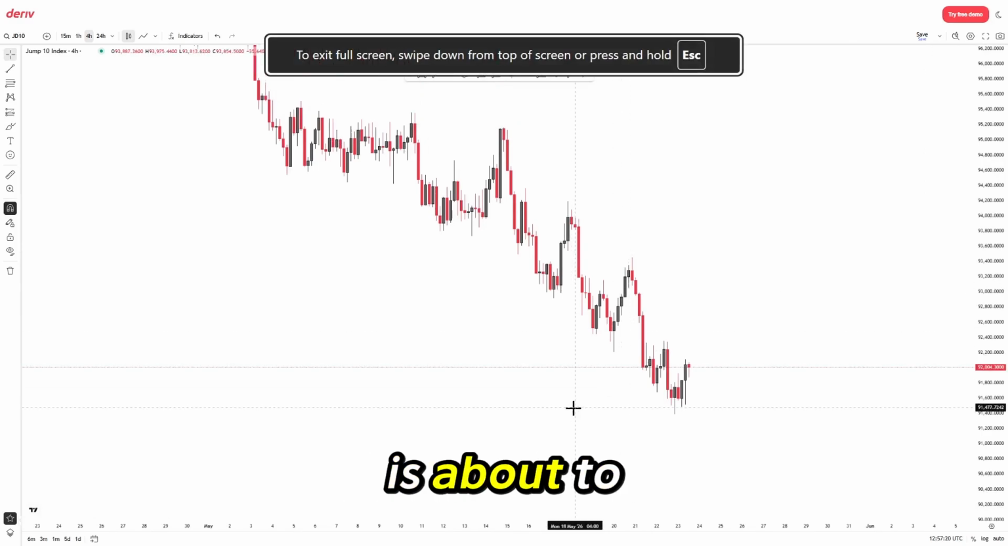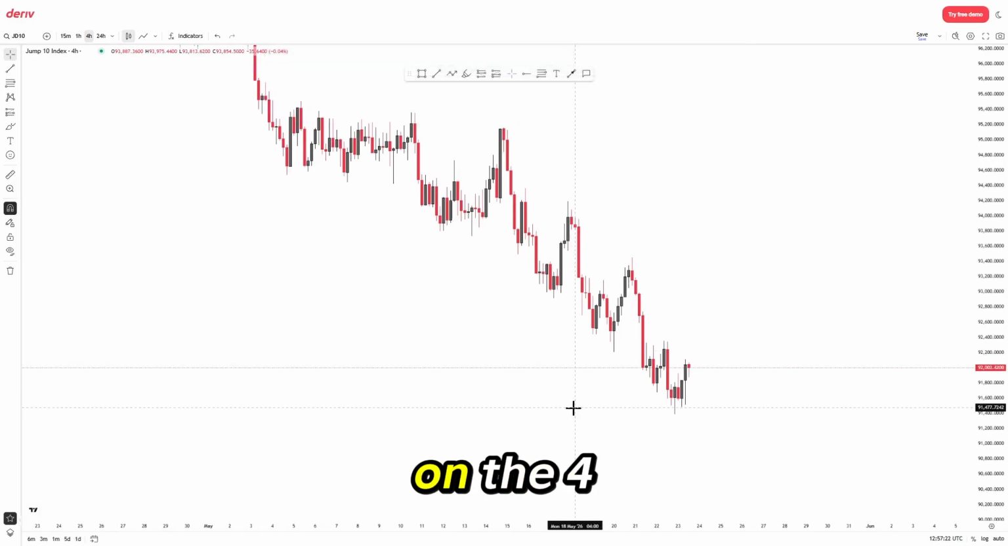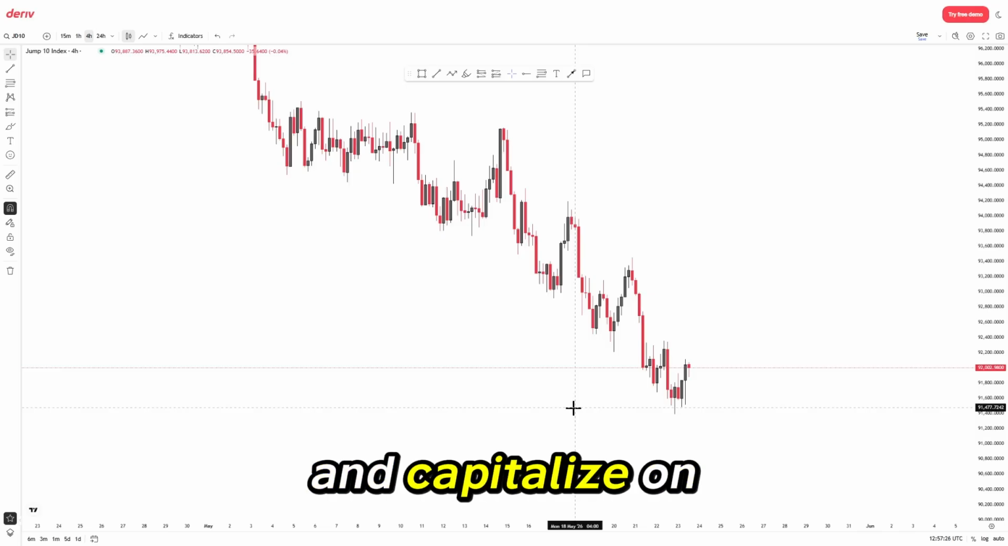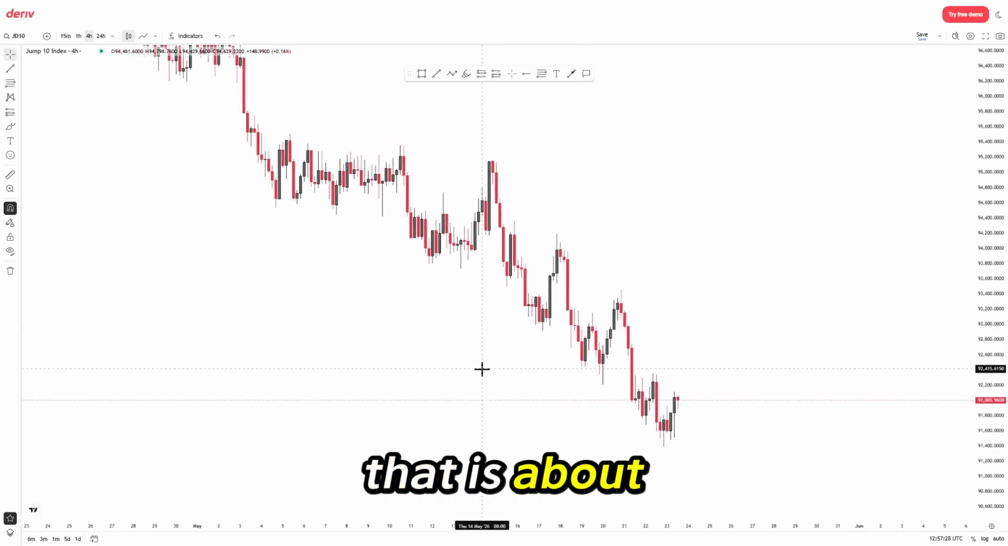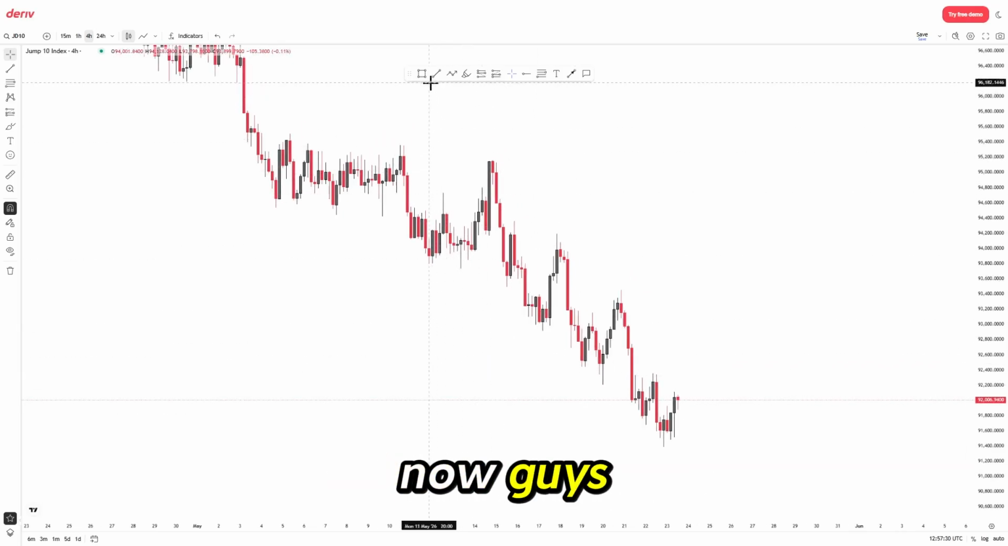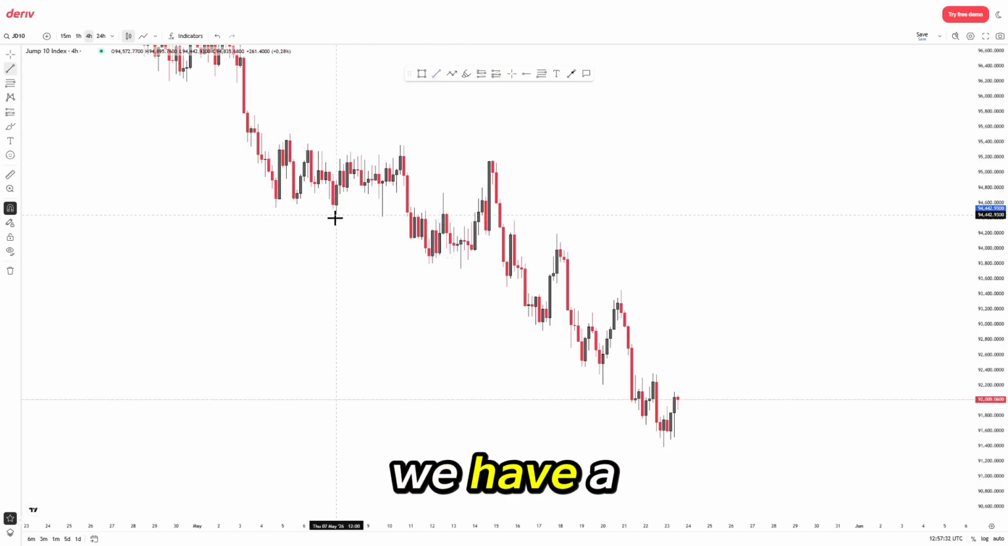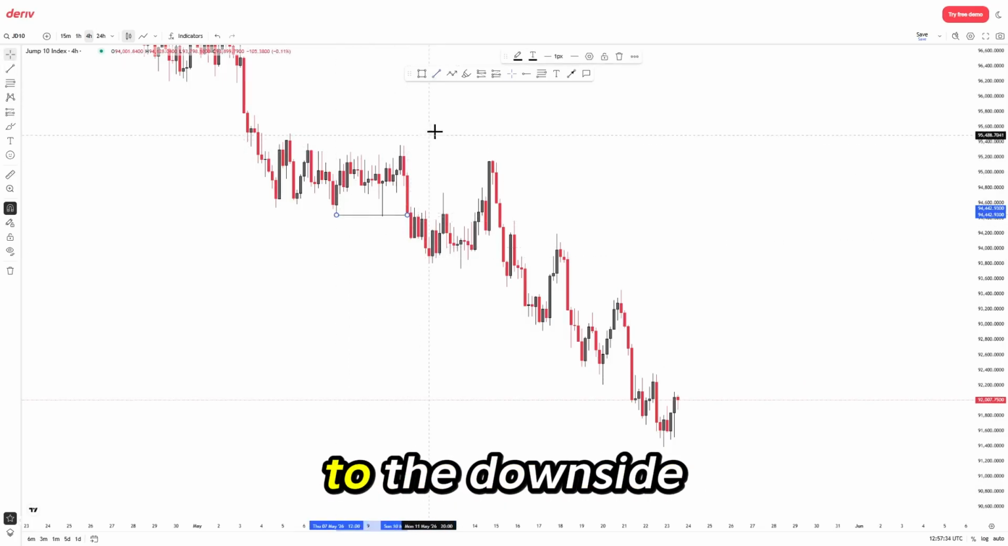Jump 10 index is about to give us a massive sell on the 4-hour time frame. Do stick around till the end so that you can understand and capitalize on this movement that is about to happen right now, guys. So as you can see right here, we have a break of structure to the downside,